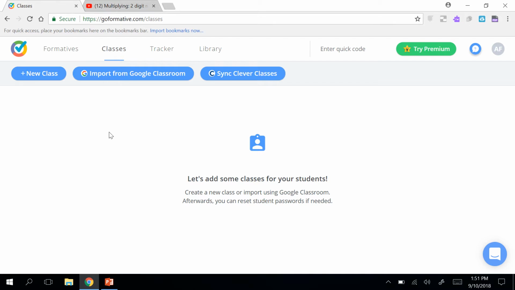The reason we are not going to use this is because based on Formative's privacy policy, students cannot create accounts unless they are at least 13 years old. So since that does not apply to any of our students, and students need to create accounts to be able to join classes, we are not going to be creating classes and asking our students to join classes. There is, however, another option for students to be able to answer our formative assessments, and that's what I'm going